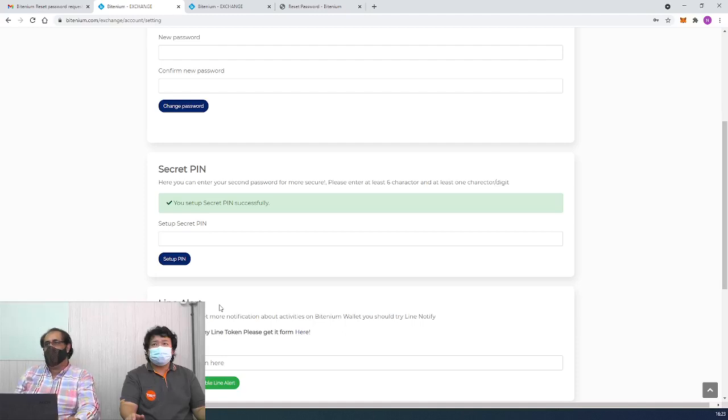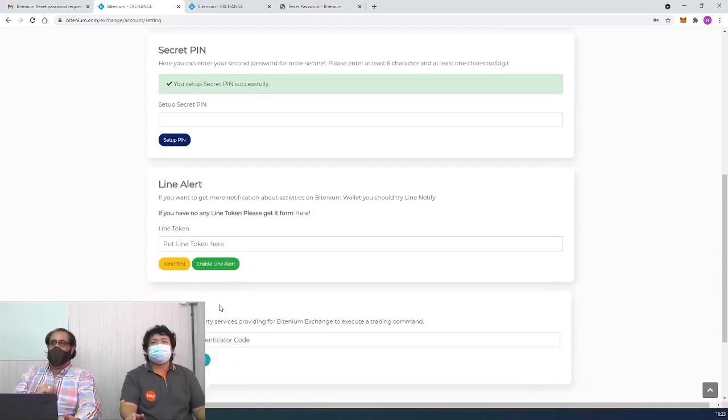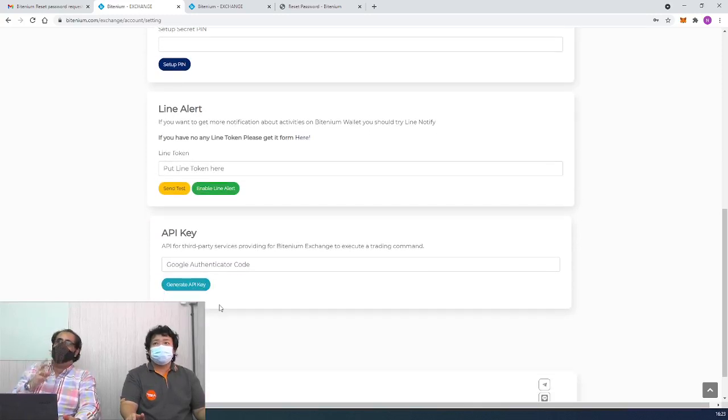Another function at the bottom is line alert, and we have a Telegram alert as well. With line alert, we are not showing it in many countries because mostly Asian people use Line. Especially in our country, Thailand, they use a lot of Line. But there is Telegram as well, which we'll upload soon for you guys, that we can use as Telegram alert.